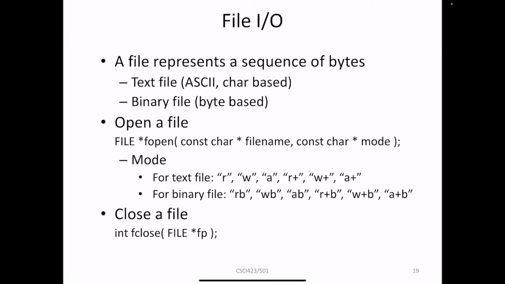The last part of this C tutorial is how to manipulate a file in a C program. A file represents a sequence of bytes. There are two types of files. One is a human readable file called a text file, which is written with ASCII code. The other type is a binary file. For this file, it is usually not human readable, and the content is constituted with binary code, which is 0 and